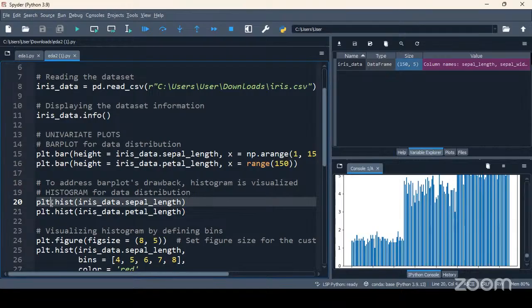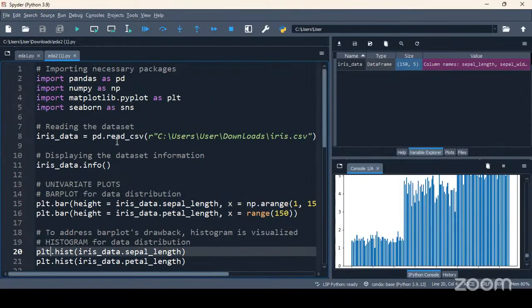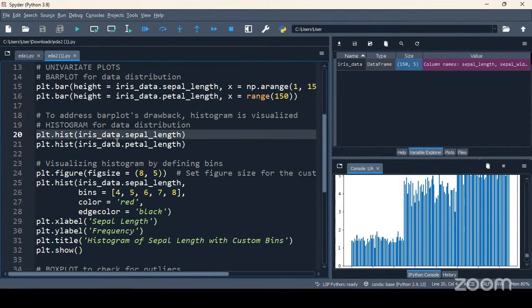What is PLT? Pyplot. So plt.hist, in which we are supposed to pass the data. If we pass the data, this will return the histogram for which column? Sepal length column. This will return the histogram for the sepal length column.